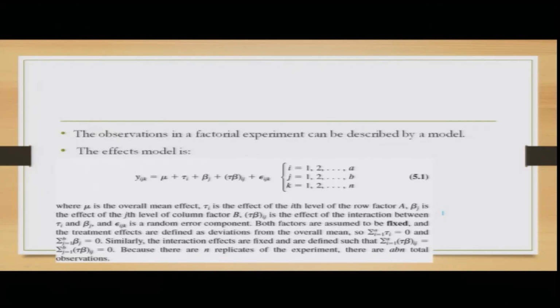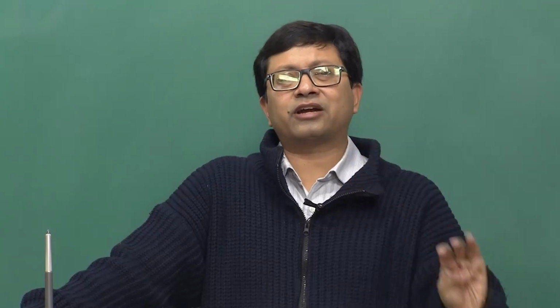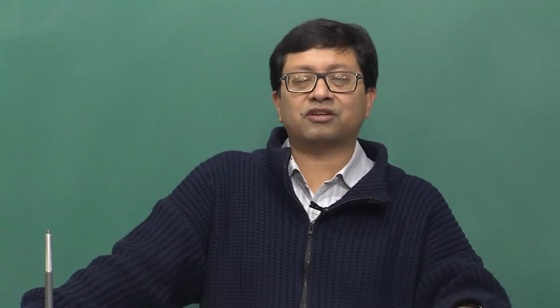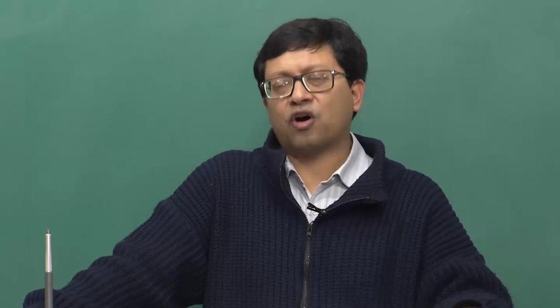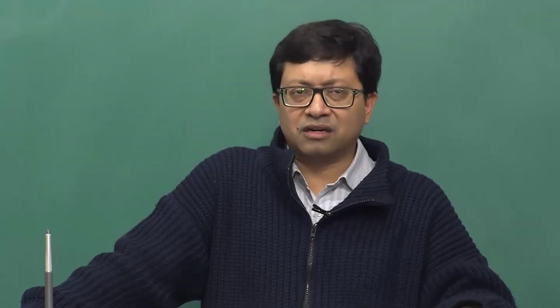So the observed factorial experiment can be described by the following model. So what is the model? You will have y suffix ijk, for the combinations of both the factors and the levels at which they are, given by the mean of the mean of the mean. I am using the mean 3 times in the sense that I am trying to find out the averages of the averages of the averages